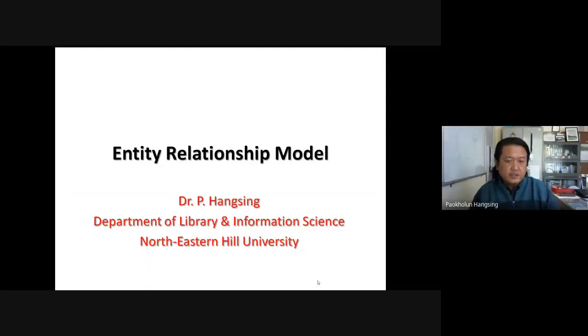All right, today's topic is the entity relationship model. This model is not necessarily a database model, but it is basically a graphical model which is used in designing a database system from the real world. Because when we design a database system, we are representing a small section of the real world, which in database terminology we call